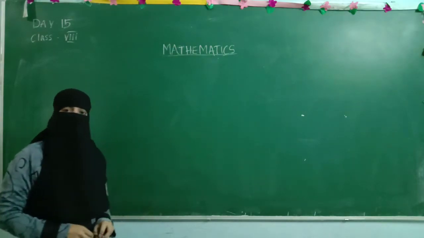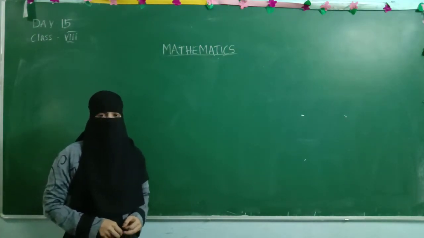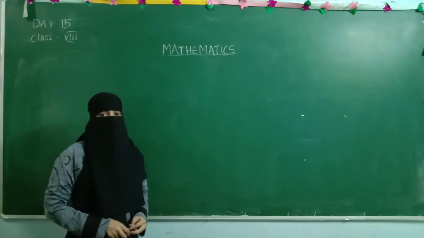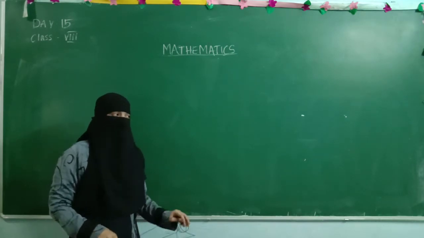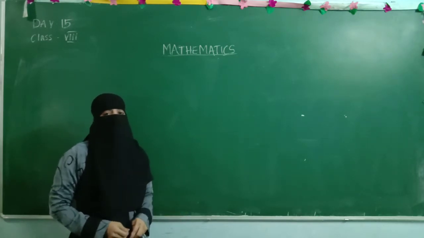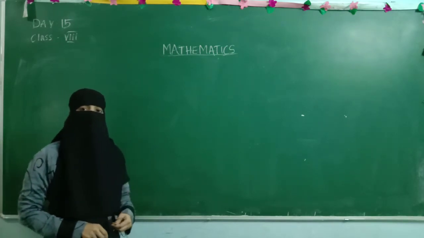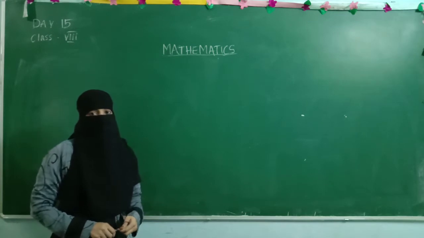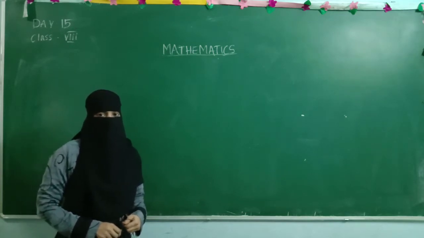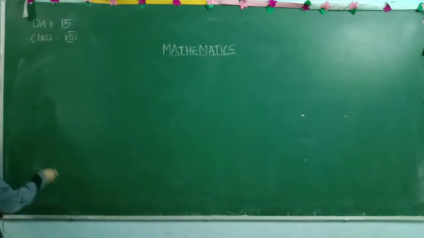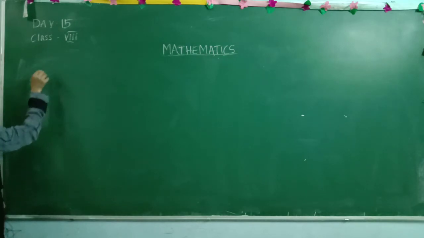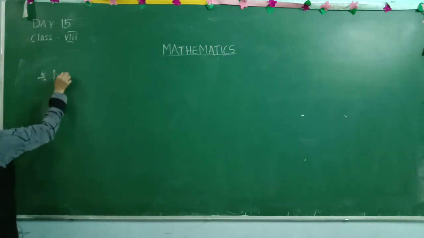So in the previous video we have studied whether rational numbers are associative or not under subtraction. So today with the same property we are going to perform the multiplication operation and verify whether the rational numbers are associative or not under multiplication. Fine, let's begin with the class. So which property? Yes, again associative property.